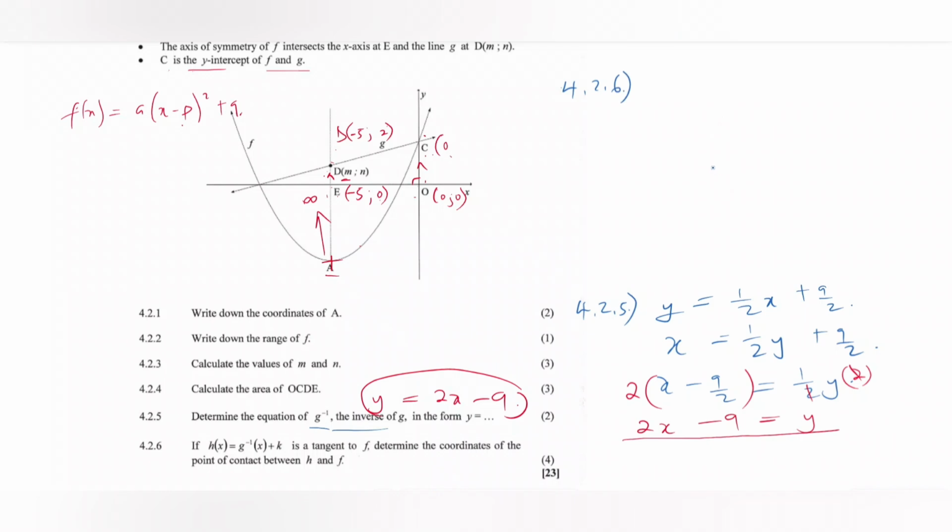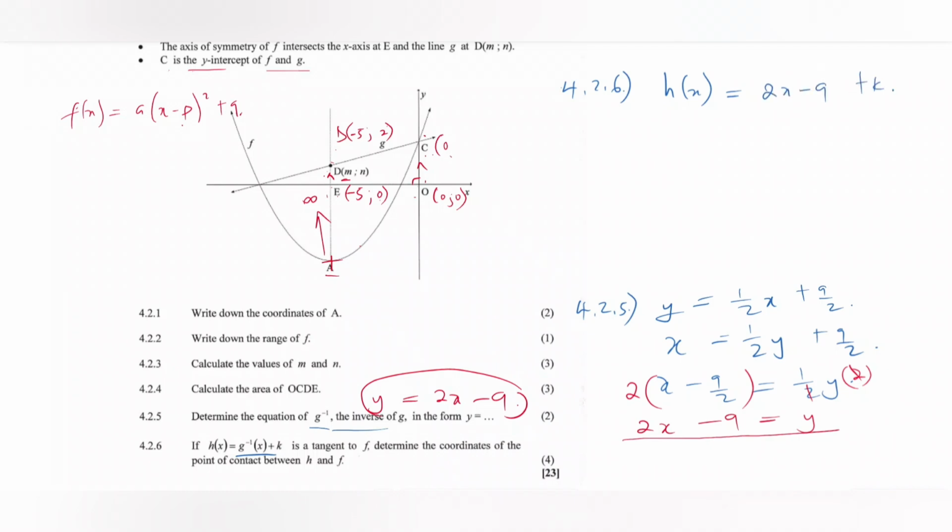Next question, 4.2.6. If h of x is equal to g inverse of x plus k is a tangent to f, determine coordinates of point of contact between h and f. So meaning this is going to be equal to h of x is equal to our inverse, which is going to be 2x minus 9,